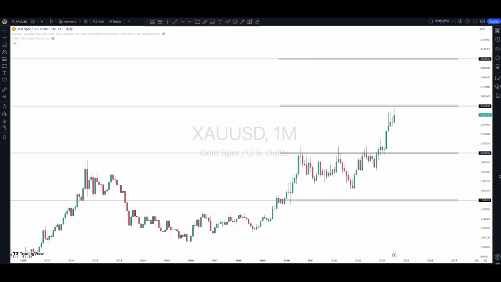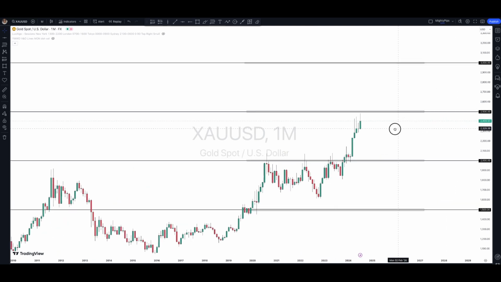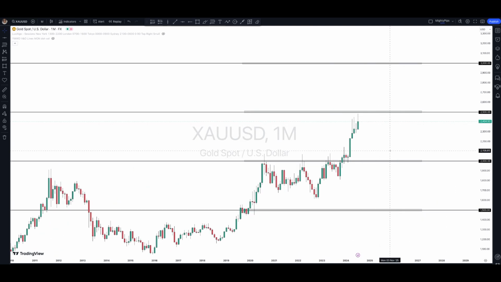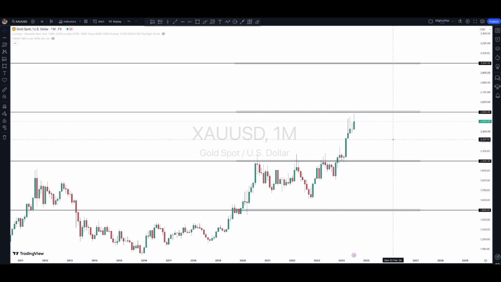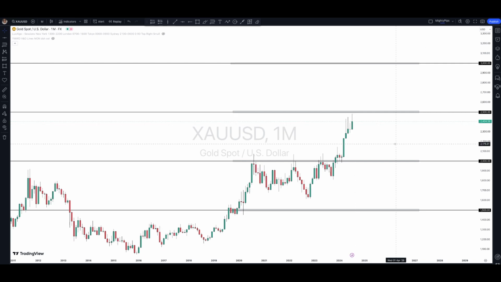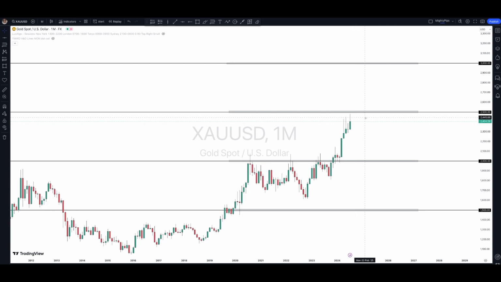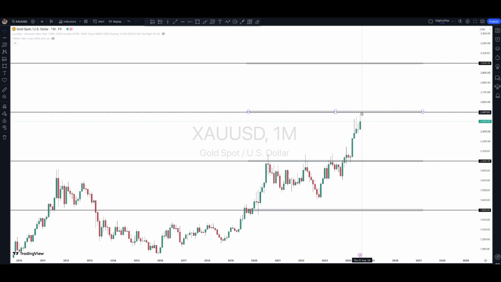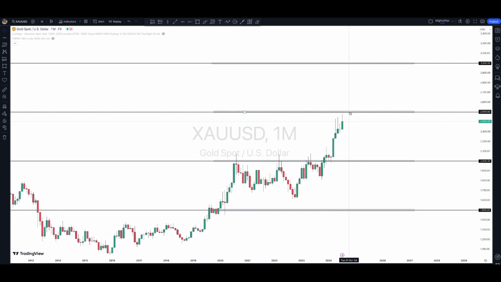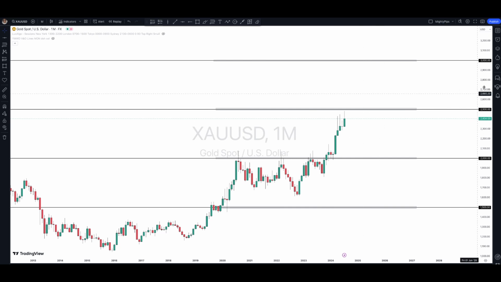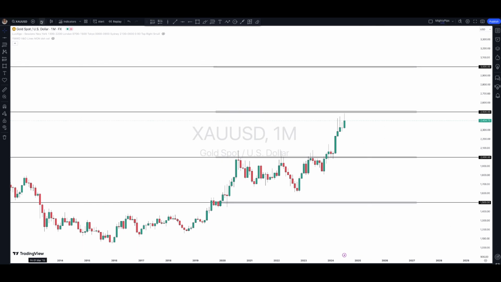So I have marked out my psychological levels on the monthly chart, so I know that price action has been bullish for 1, 2, 3, 4, 5 months now. But price action shows that gold has reached all-time highs and is coming into a psychological level here, so I keep that in mind. After I've done this, I then go down to the